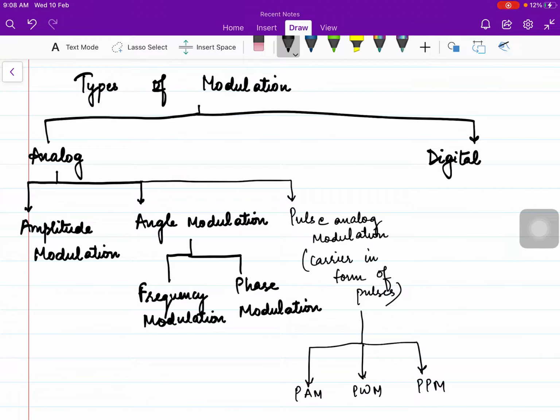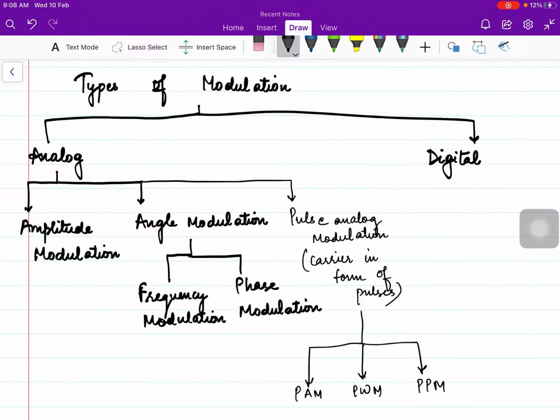So in higher classes, when you will learn a separate subject for communication, there you will come to know about all these modulation systems very deeply. In today's lecture, and in the syllabus of this emerging domain of electronics engineering, we only have amplitude modulation. So we'll concentrate mainly on amplitude modulation here, but I have told you what the different types of modulation systems are.